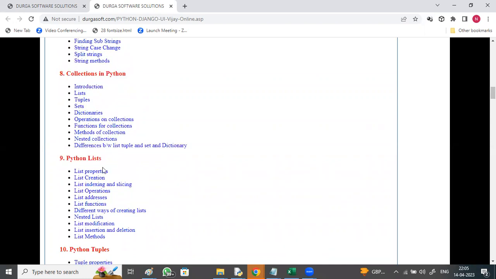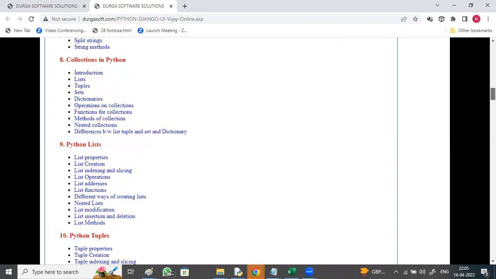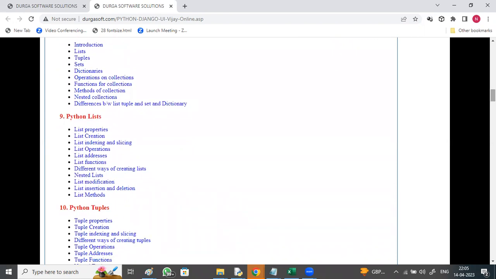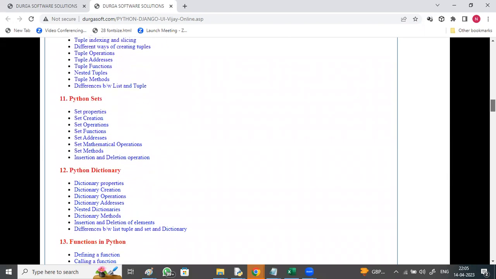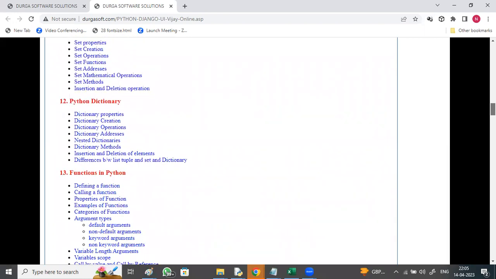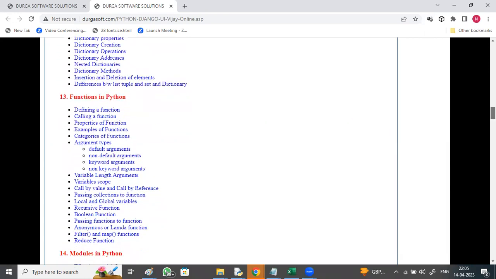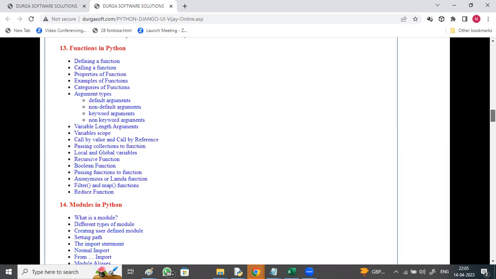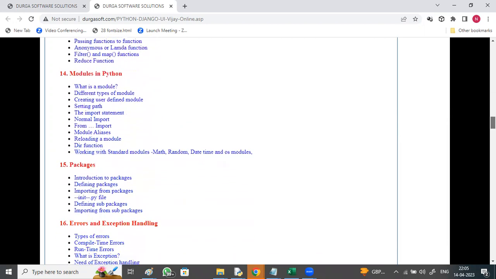And Python lists. So Python lists, list indexing, list slicing, list functions, list methods, nested list, list addresses, list modifications, tuples, sets, dictionaries, functions, different ways of creating functions, types of functions, lambda function, reduce function, filter function, map function, zip function, types of arguments, modules in Python. Python has got a great boom because of this. Packages in Python,